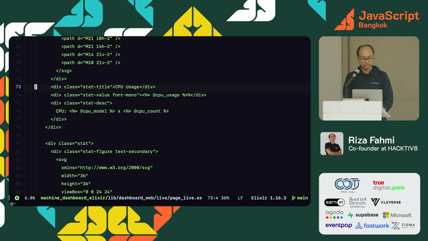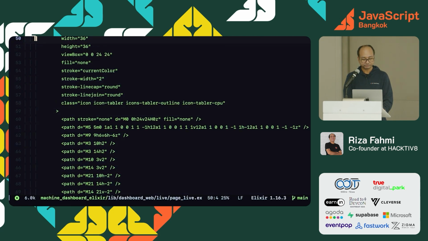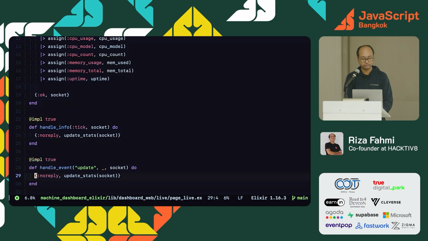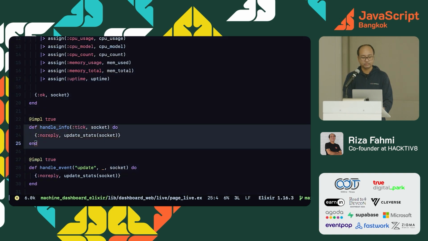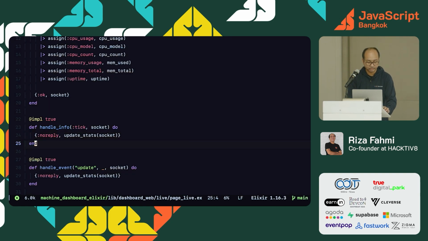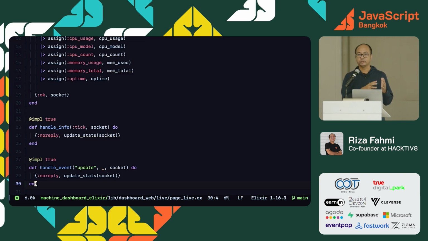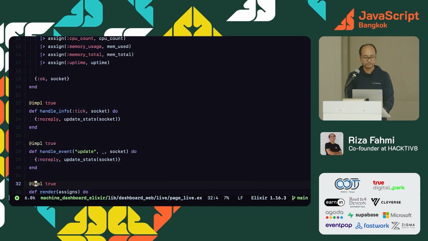And if we click the update button, it will trigger the update event. We need to define a function called handle event, in this one, and we update the statistic with the new data.